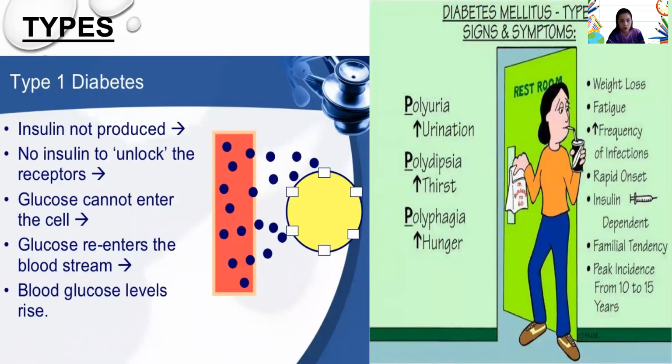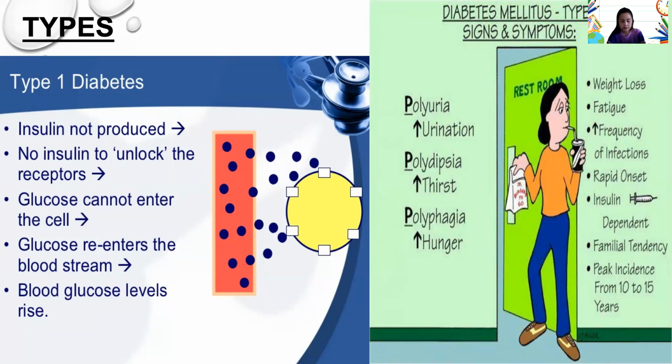So we have two types of diabetes. We have type 1 and type 2. Very easy. What's the difference between the two? Type 1, insulin is not produced. Wala talagang insulin na napuproduce ang katawan mo or yung pancreas mo. That is type 1. Usually, type 1 diabetes starts nagsisimula siya ng bata ka pa. Like si Gary V, ang tawag sa kanya is type 1 diabetes because ang diabetes ay simula ng pagkabata.